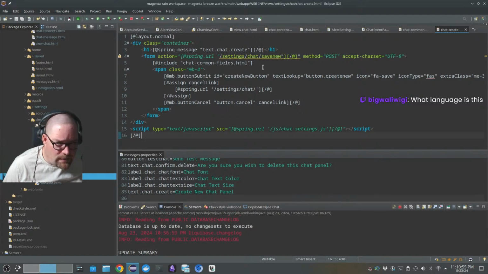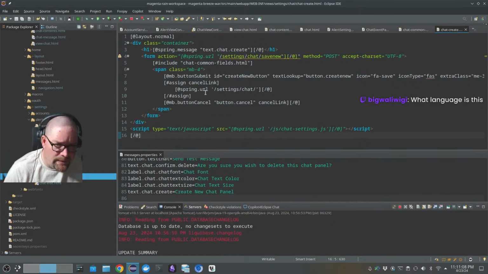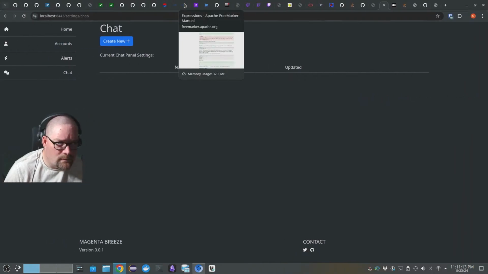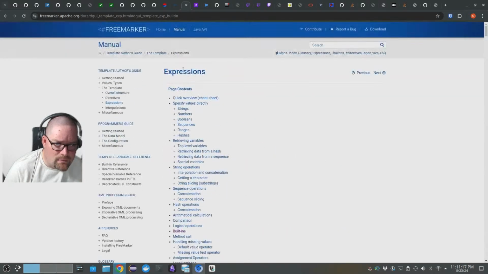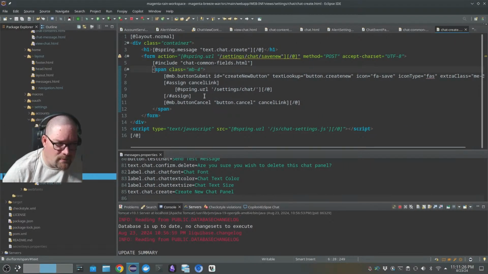This right here is HTML, but I'm using a markup language called, why am I drawing a blank on this? FreeMarker. That's the name of it. Up here, FreeMarker. So what you're seeing on the screen is an HTML file, but it has FreeMarker markup